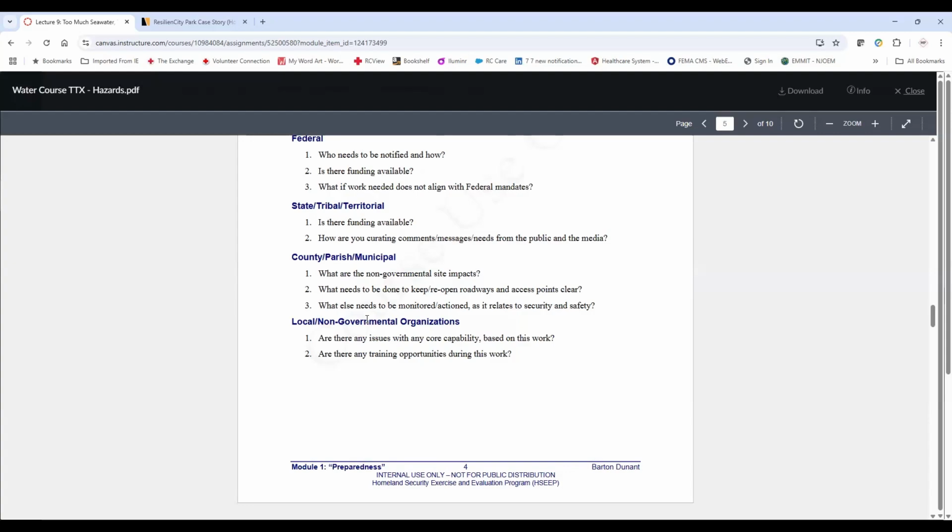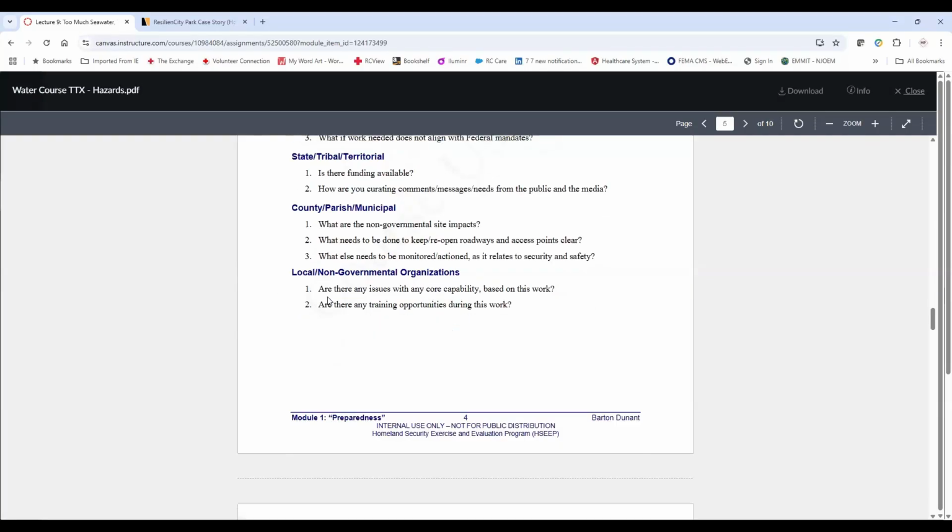And then at the local level, do we have the capability of doing this? And are there training opportunities for this with our local officials to learn different processes, whether it's the finance training, the planning training, the operations training, doesn't matter, any of those kinds of things? Is there some opportunity for somebody to shadow somebody and help work with them on it?